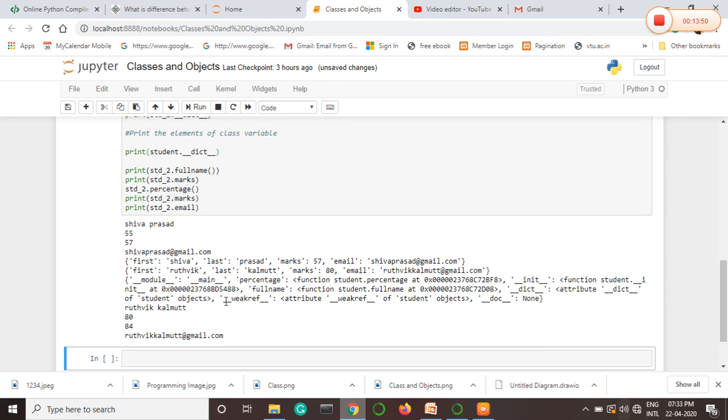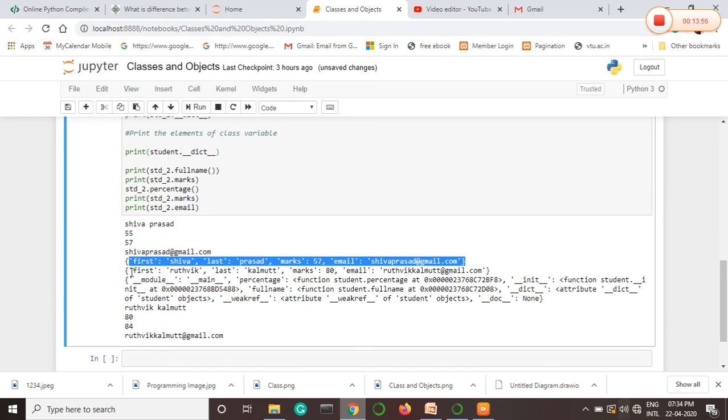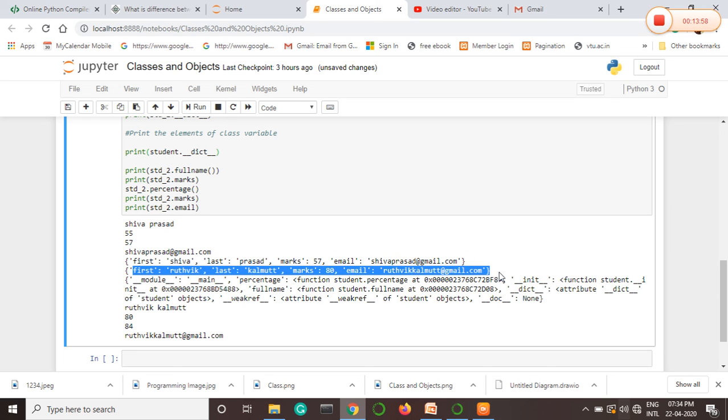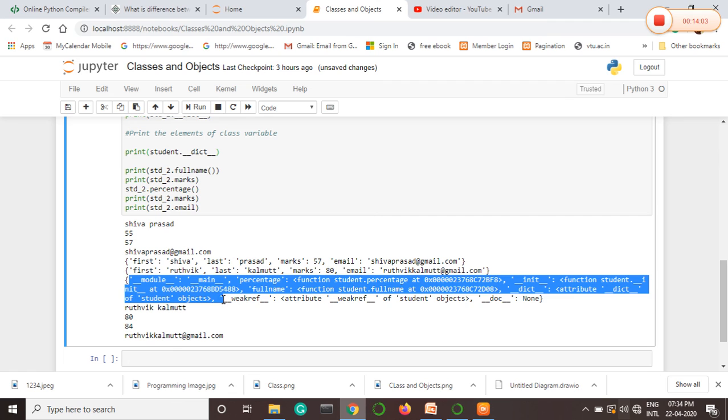you can find here, see, this one is related to the first instance variable. These elements are related to the second instance variable, whereas this one belongs to the class called Student, wherein it provides you the information about the percentage. Percentage is nothing but a class variable which is defined in the class. Instance variables cannot be defined in the class.